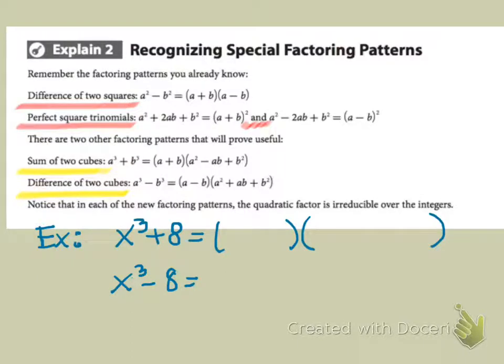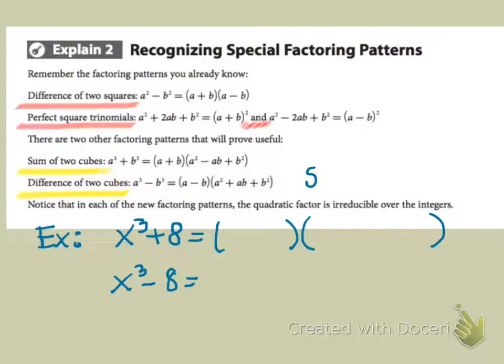Now it turns out that the trinomial that you end up getting is not factorable. That's the nice thing about this pattern: once you find the binomial and the trinomial, you're done. You don't have to dig any further to see if there's more you can do to break down the trinomial. It will be irreducible when you get to this point. It's just how it works. So to get this first binomial, I'm going to take the cube root. Well,